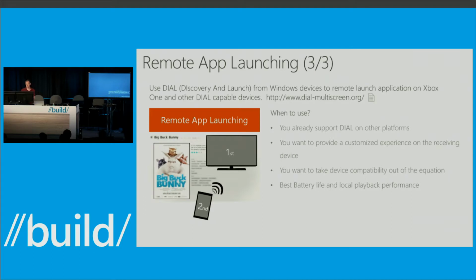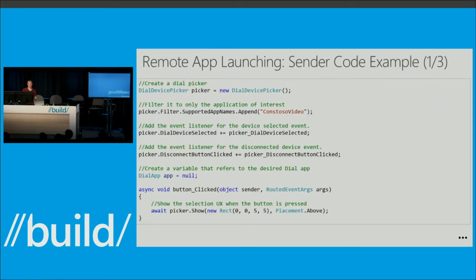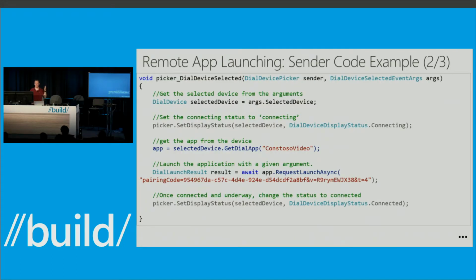Next step is me showing you how easy it is to add DIAL in Windows 10. You can use a DIAL picker flavor, and what you simply do there is specify a filter. You say, hey, my DIAL application name is, for example, Contoso Video. And what that will do is, once somebody brings up that picker, we'll make sure that we only show the DIAL devices out there that have Contoso Video installed. Once the device is selected, call the picker device selected method, and an equivalent method for disconnecting. When somebody clicks in the transport controls, the picker is shown, and when the user then selects the device,